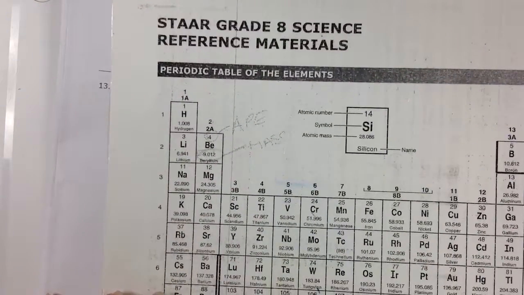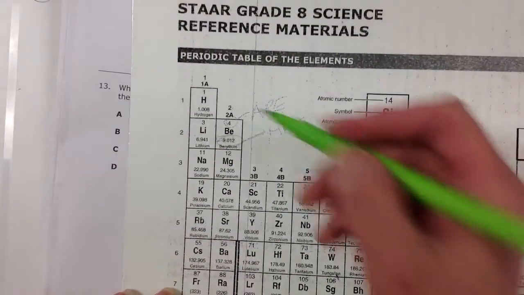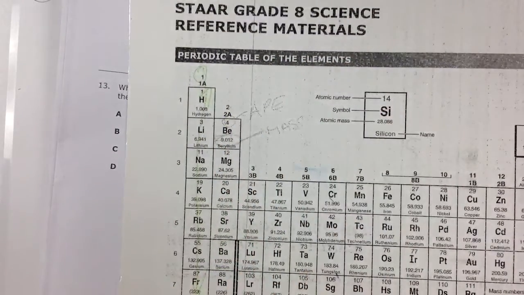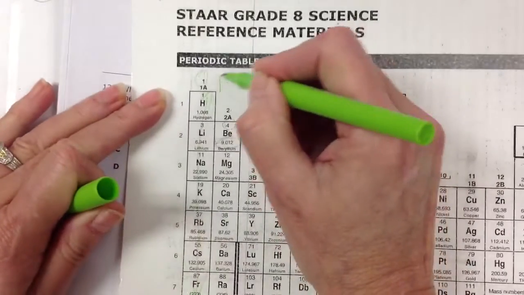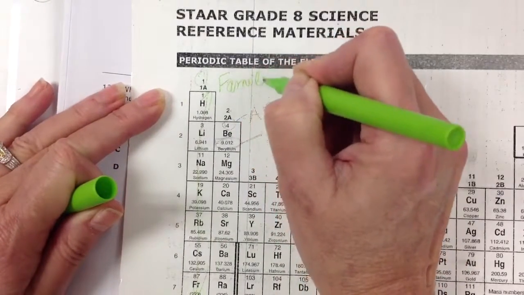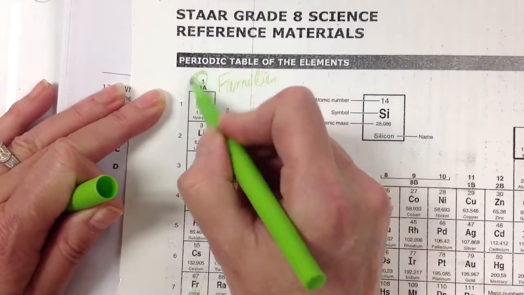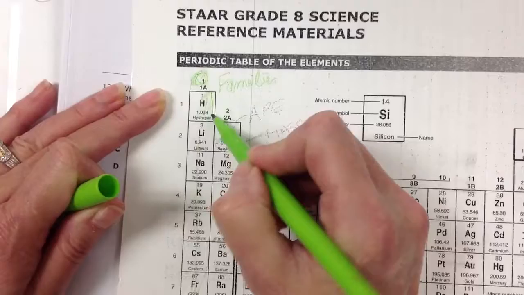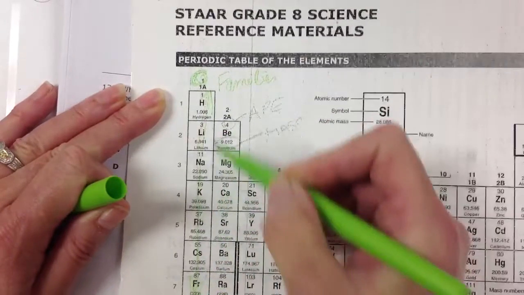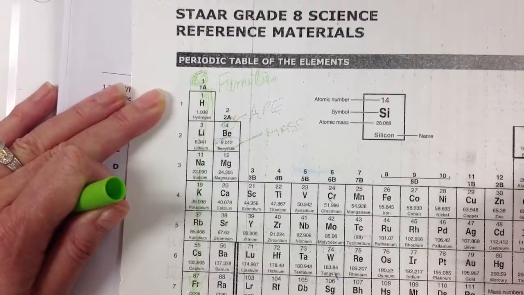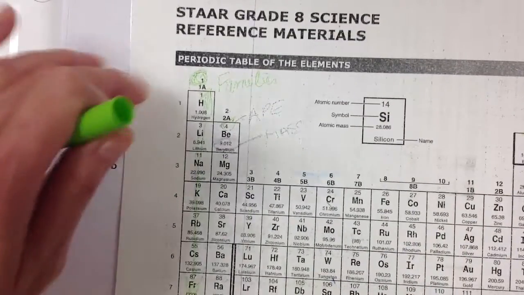Well, let's look back at the periodic table. And we said that these groups that go up and down are like what? What did we say? They're like families, right? Because they have properties in common. And what property do we notice that they have in common? Well, they all have the same A numbers. What does that A number